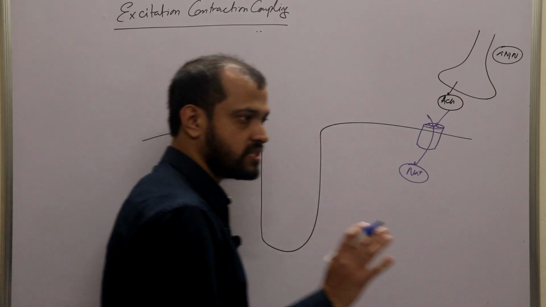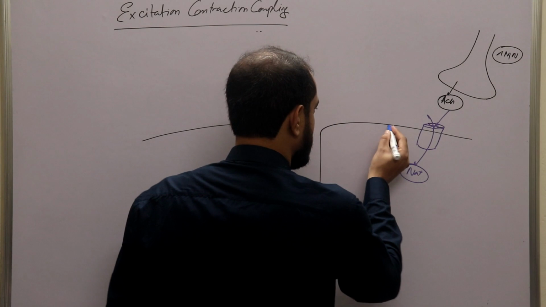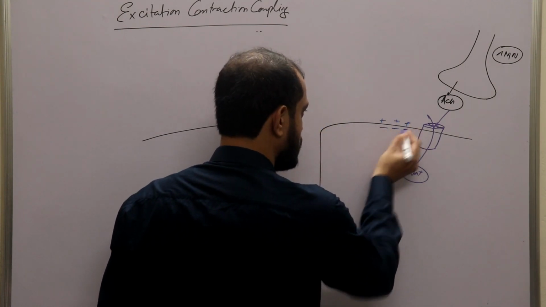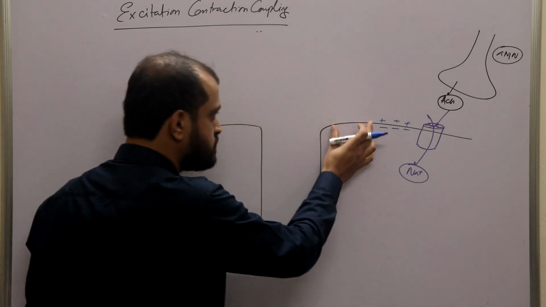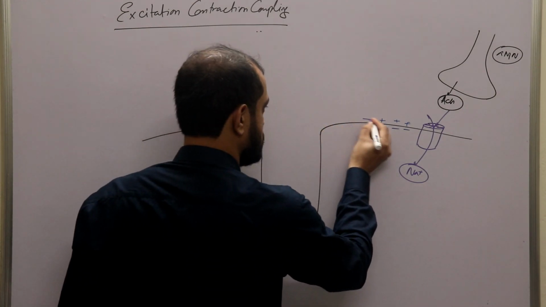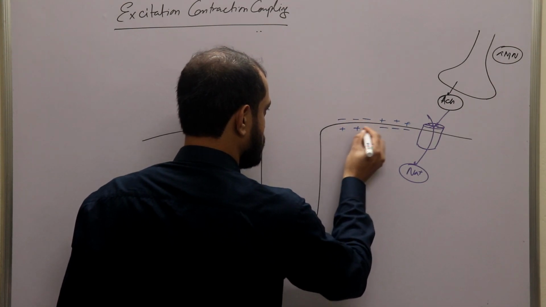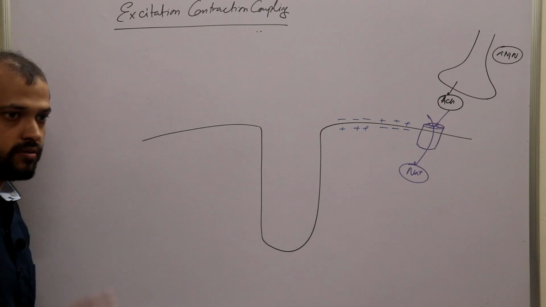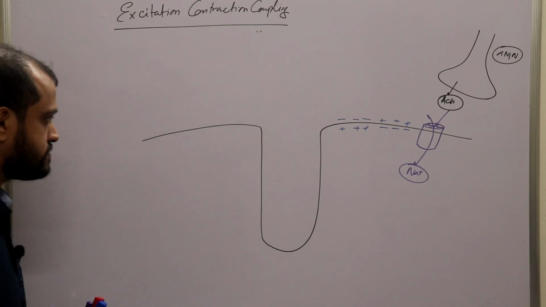How do we show an action potential travelling? Listen, inside of the cell is negative, outside is positive. If you want to show that this patch of the membrane has undergone action potential changes, then just reverse the charges. Okay. Now listen with all your attention. An important point you need to understand is this,